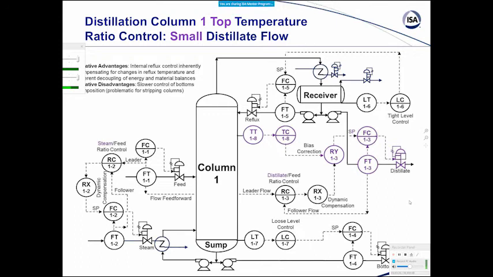So we're going to look at some major types of control schemes, and there are 4 different control schemes we like to look at here for just a single temperature controller, where we're interested in controlling the top or bottom temperature. Just one temperature controller, so we're not dealing with interactions. If you had 2 temperature controllers and you're trying to control both the top and the bottom temperature, then you have to deal with interactions.